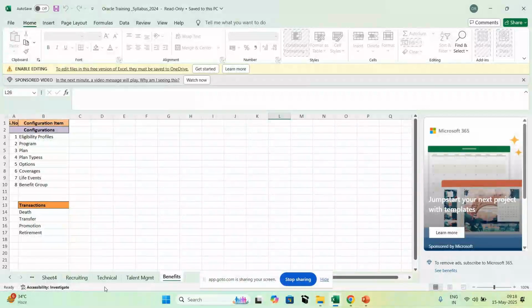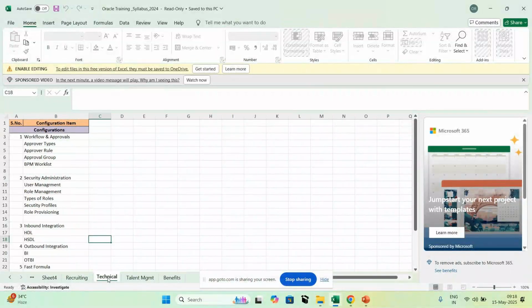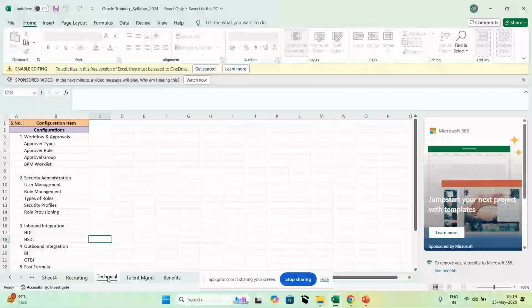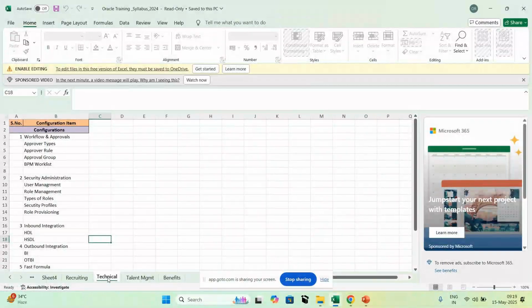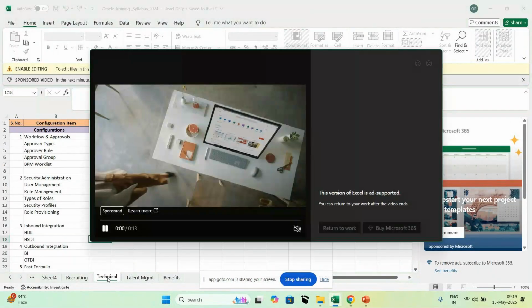Now, if we talk about the technical side, you have workflows and approvals, like how the system will process the workflow and how the approval will trigger. We see the workflow approval. We also have a